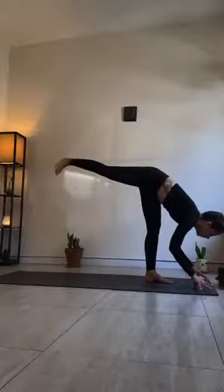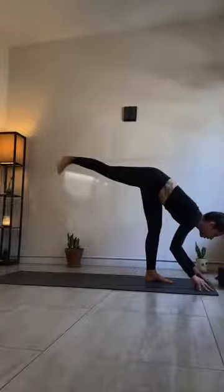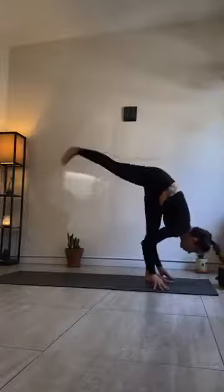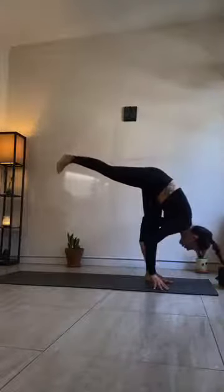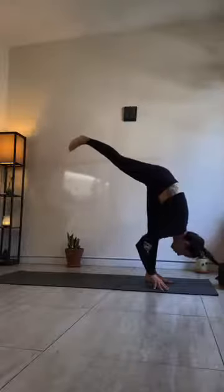If you are away from the foot, know that it's actually work on your flexibility. So you want to walk your hands toward the foot. Either you can catch the calf with your hand, grab the forearm around the calf,